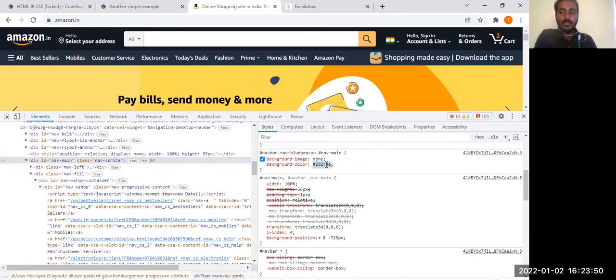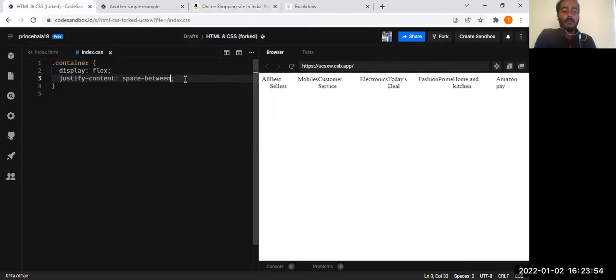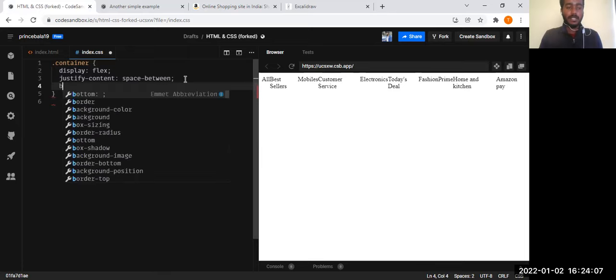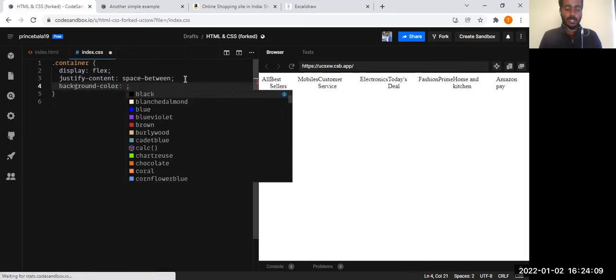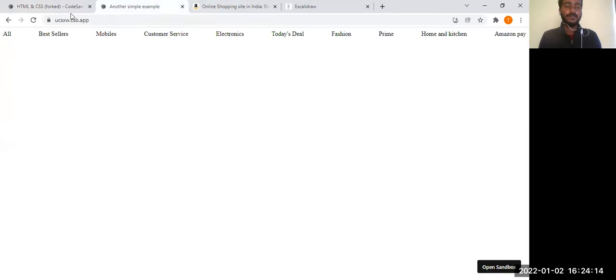This is what we call a color code. In a scenario where we might not know the color's name, you can use the color code, which will represent that particular color. So I am using the background color, and I'm copying the color code. Whatever I have copied, if you see, I have got this color.